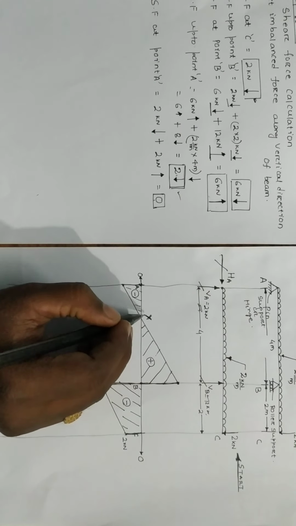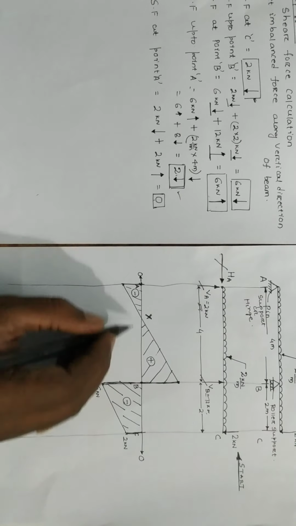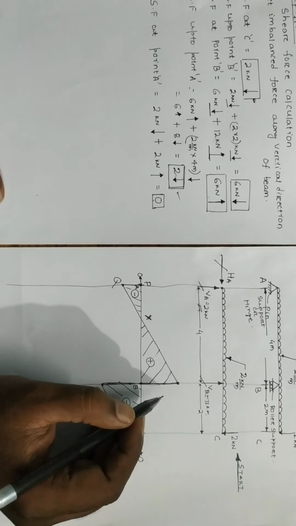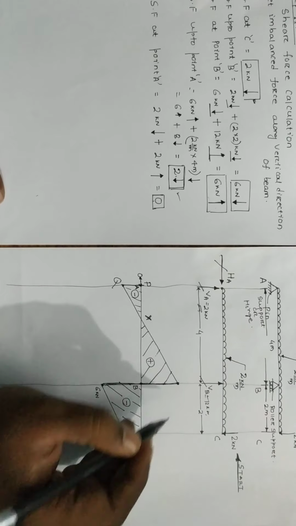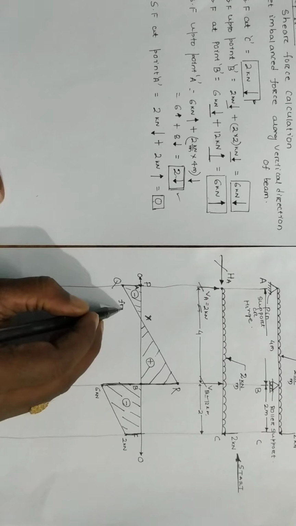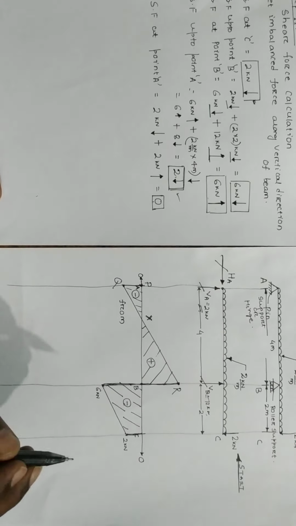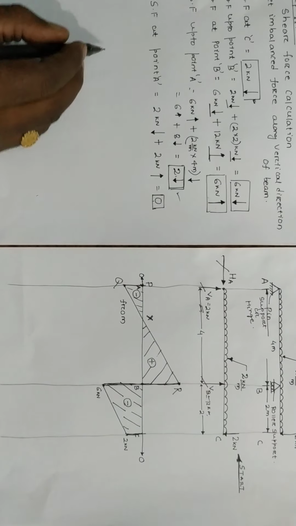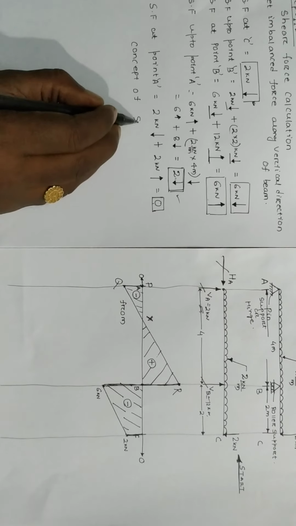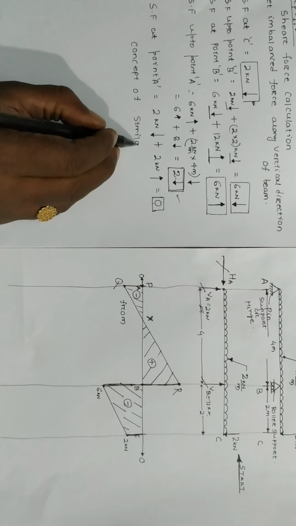We have to calculate this distance. So how will we calculate? We will use similar triangles. Let this be P, this is Q, PQX, and this will be RS. B is there, so it will be R. Then I can write from here, I am writing the concept of similar triangles.